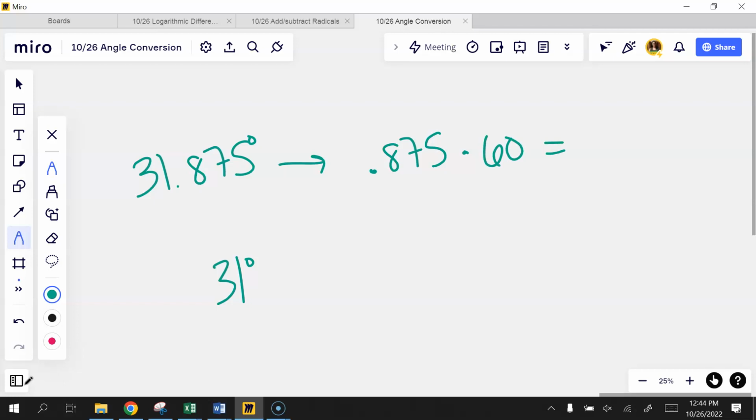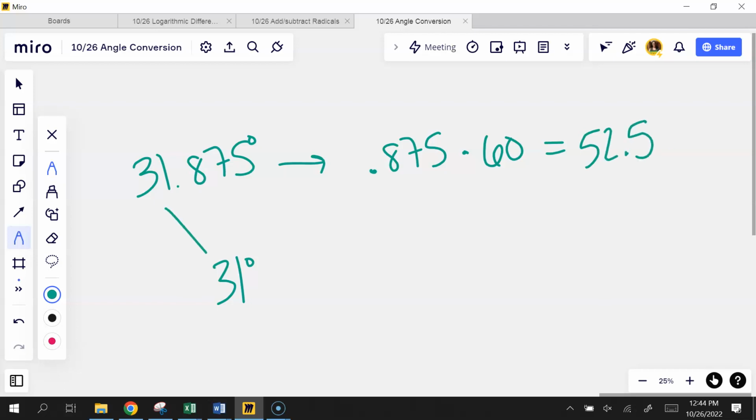I don't have a calculator. Oh, you take the decimal? Take the decimal part, right. What do you get? Somebody with a calculator do it. 52,